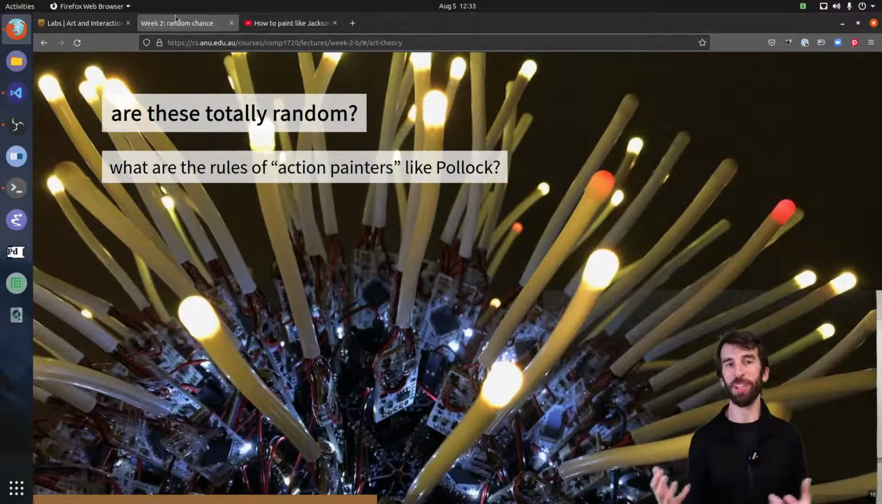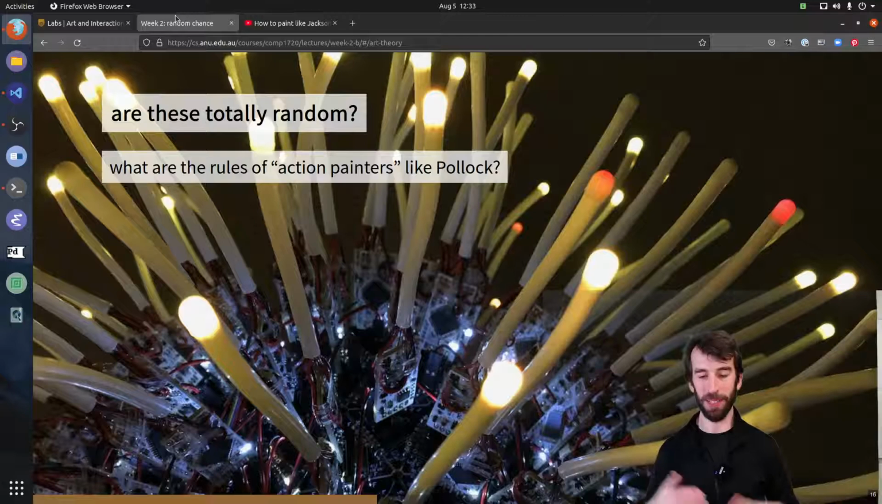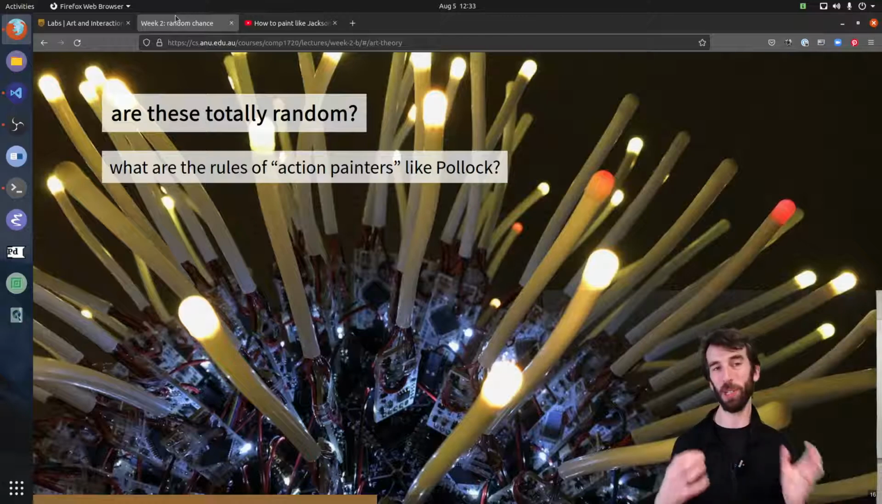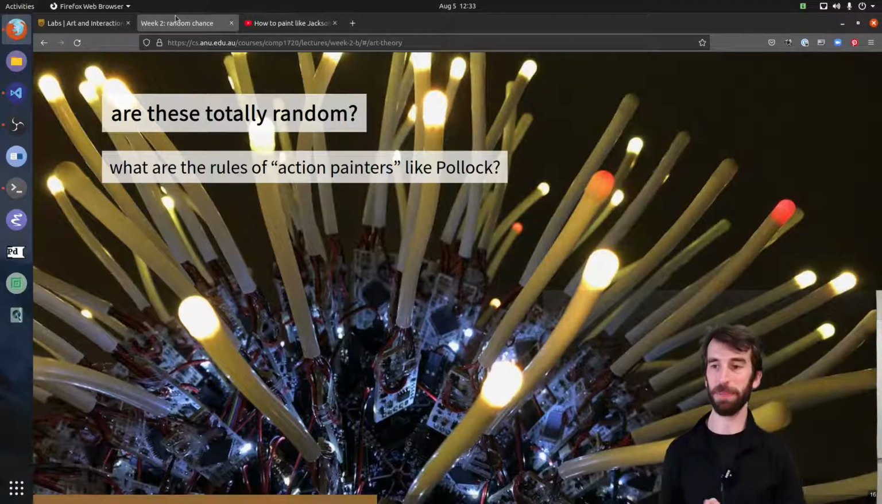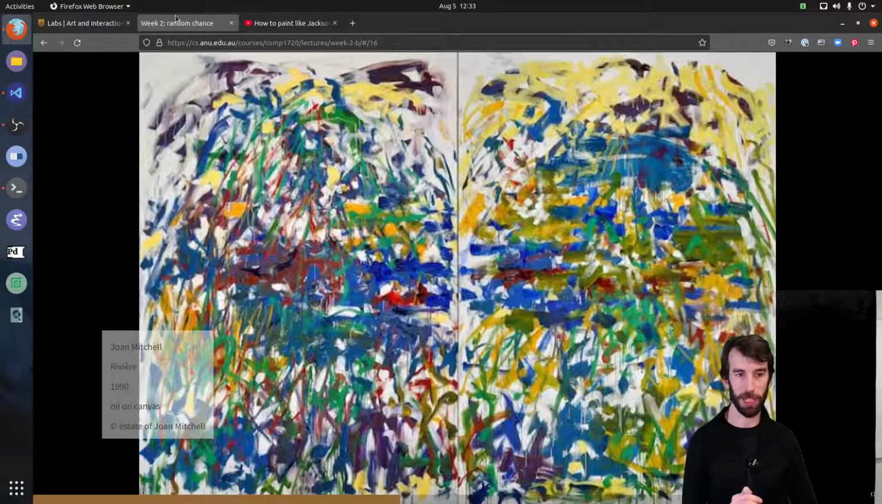So are these things totally random, or are there some rules about Jackson Pollock? Are there rules that Jackson Pollock had to follow, and his other painterly colleagues who are together maybe called action painters? And one thing I would point to is the fact that these painters did have a process, and it's the performance of their process which is included in the artwork, not just the final product. But as one other example, here's an artwork by